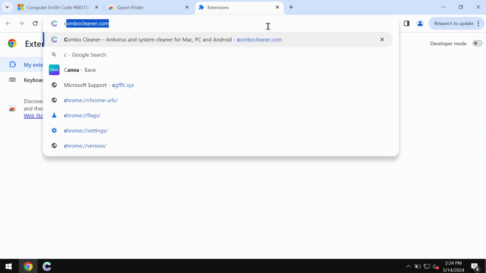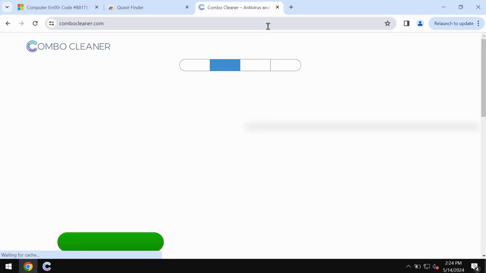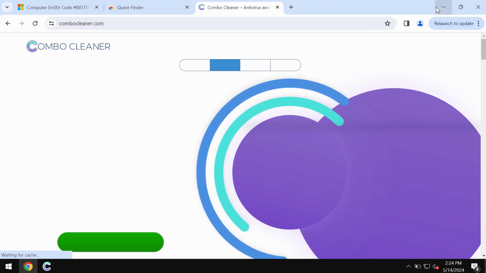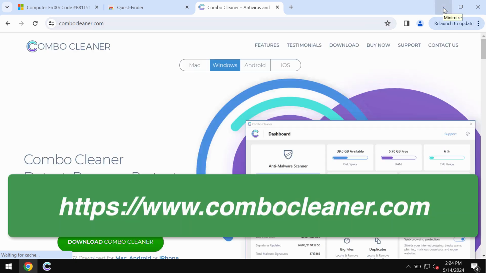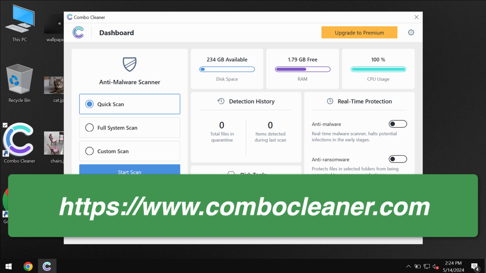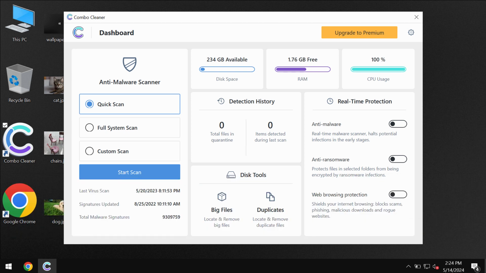Also, I recommend you to scan the computer with the Combo Cleaner antivirus by going to the page combocleaner.com, download it, install it, and then start scanning your system. Combo Cleaner antivirus will help you to fully detect and then eliminate other threats which still might possibly stealthily remain